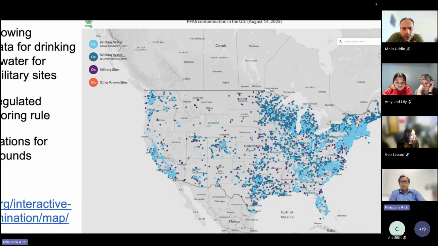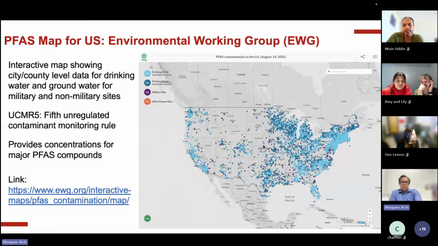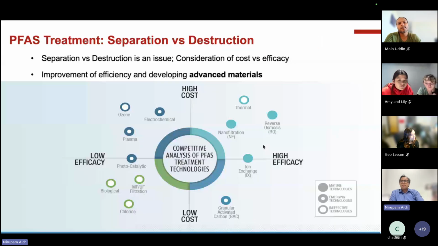Even in ppb, like 1000 ppb level, compared to 1000 parts per trillion level, then compared to just drinking water's concentration. Okay, so this is one place you can look for PFAS in your community. So now coming to the treatment.